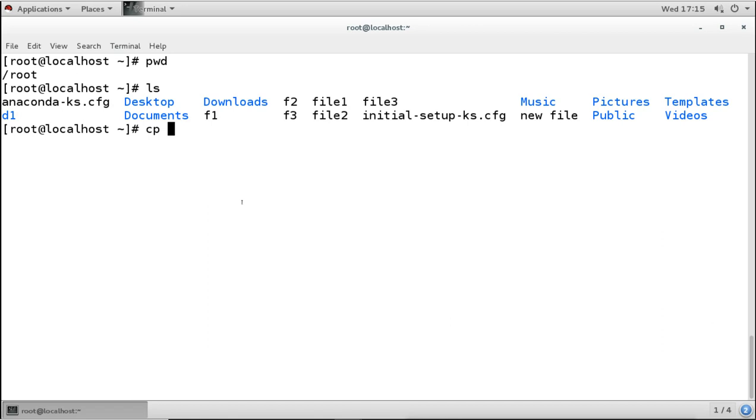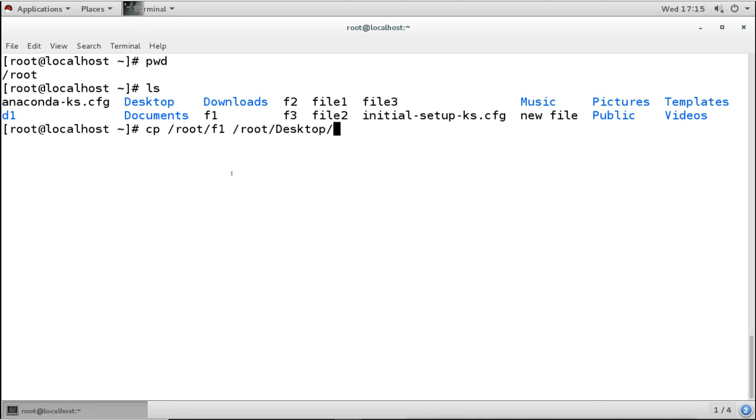So first we mention the source, like under the root home directory, I want to copy this F1 file. This is the source. Then I will give a space, and then I will mention the destination where I want to copy the file. For example, I want to copy the file on the desktop. So desktop means it is under /root, the root user's home directory, there is a desktop directory.